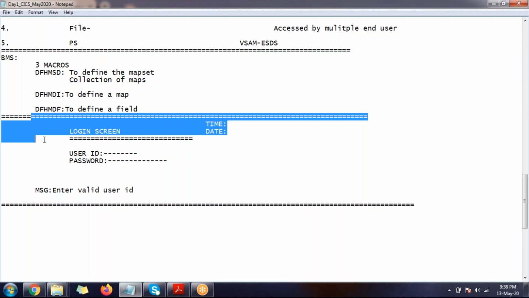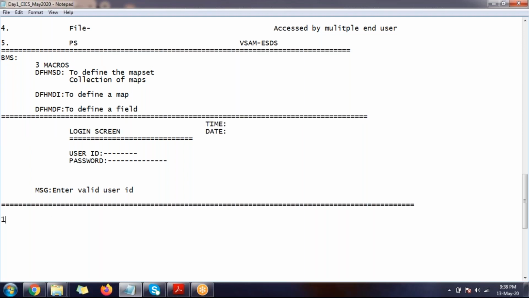So the difference between map set and map: let's say I have 24 rows, 80 columns. Out of that, the first 12, from 1 to 12 rows and 80 columns, we can use for one functionality.